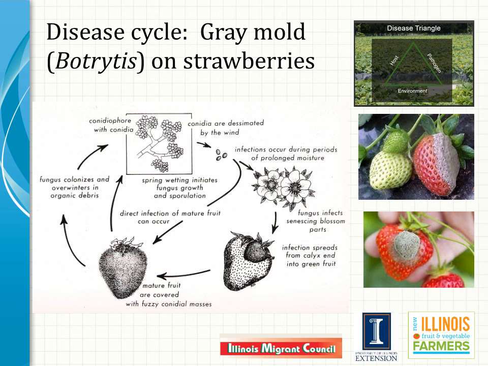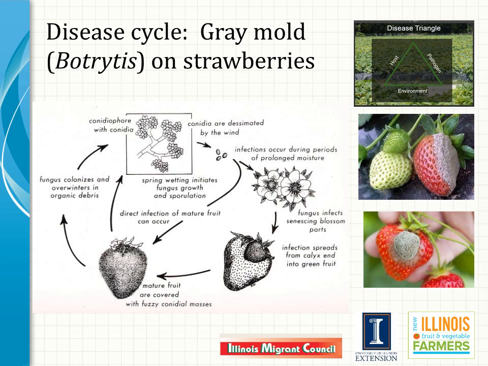For major diseases of the crops you grow, a key step in disease management is to understand the disease cycle for each, in advance of growing the crop. For gray mold of strawberry and several other crops, the causal pathogen is a fungus in the genus Botrytis. It causes the most damage when rainfall or irrigation during bloom and fruit development allow the pathogen to grow. It infects senescing blossoms first, and infections spread from blossoms to fruit. Spores are produced on infected tissue and on plant debris, and direct infection of mature fruits can occur a few